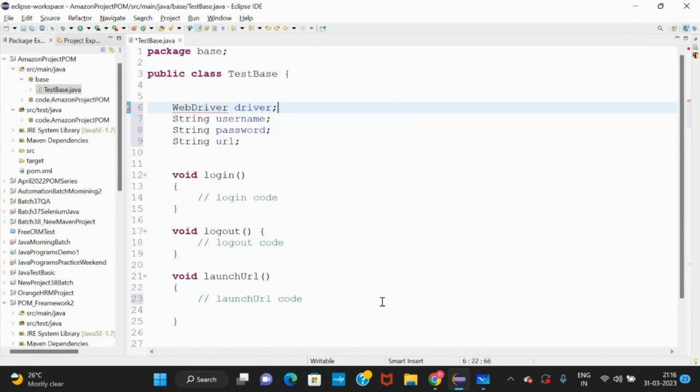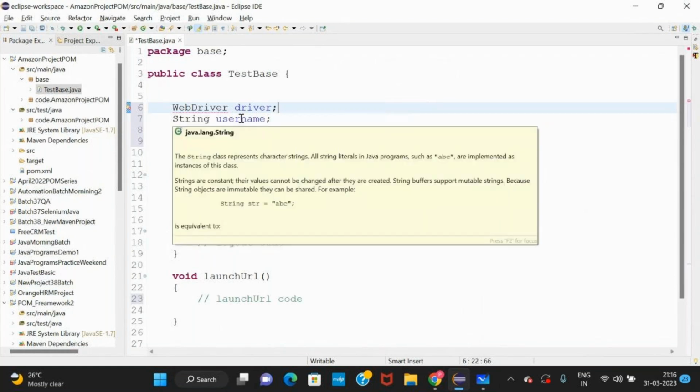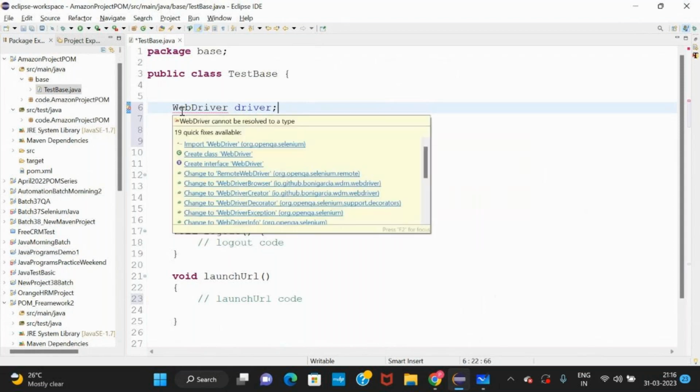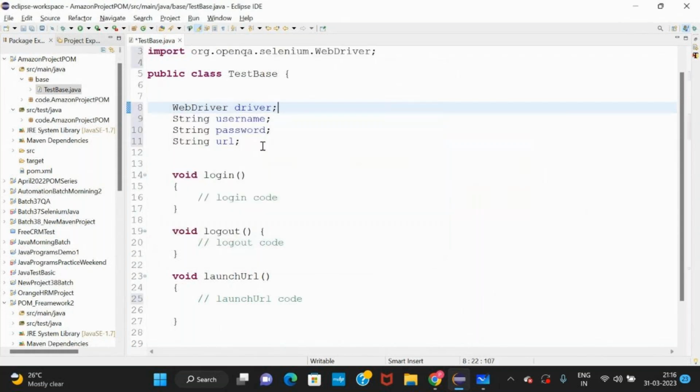Yes. Okay, we need all this. For now, the web driver is what we need. So in this we will import WebDriver from open QA. Okay, the error is gone.